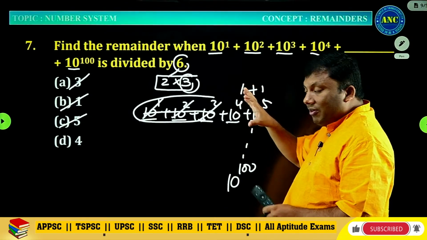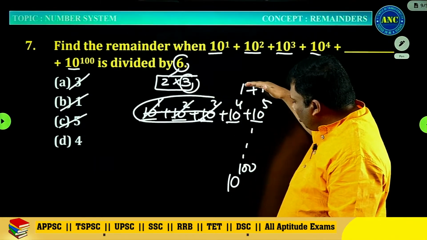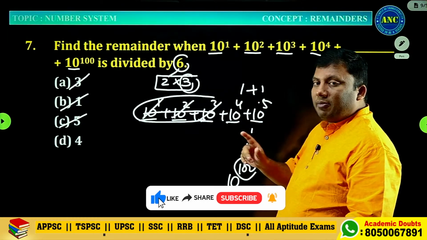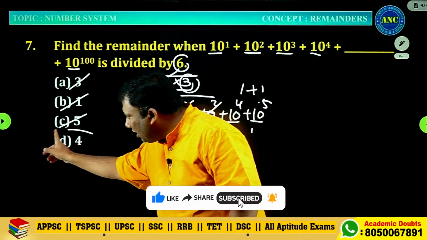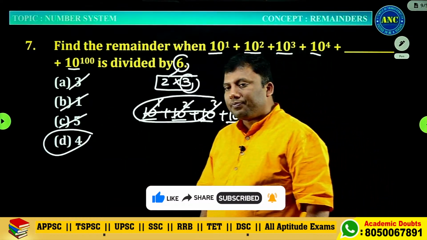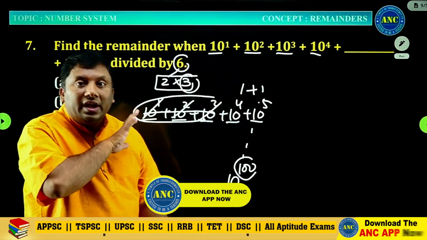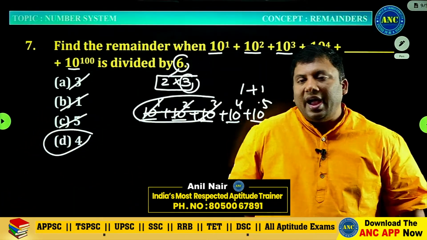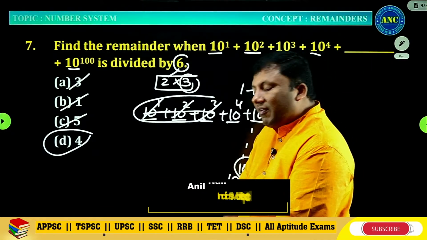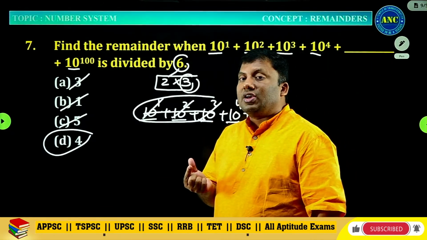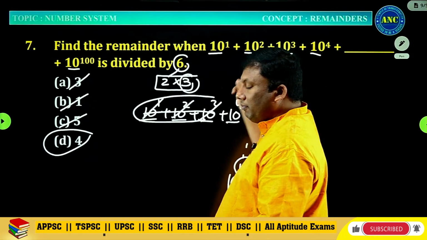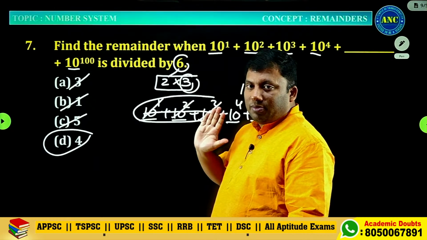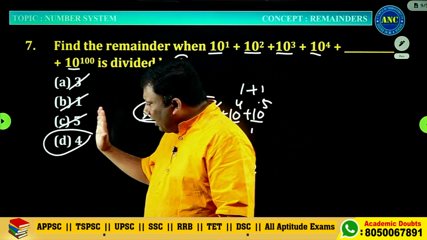1 plus 1, 2. In the first 5 groups I got 2. Like that 20 groups are there. 2 20s are 40. 40 divided by 3, remainder 1. So the answer, when divided by 3, should give remainder 1. Please don't get into any heavy calculation. 10 power 1 plus 10 power 2 and so on up to 10 power 100 divided by 6. 6 can be written as 2 into 3. All are even numbers, perfectly divisible by 2. The answer should be perfectly divisible by 2.